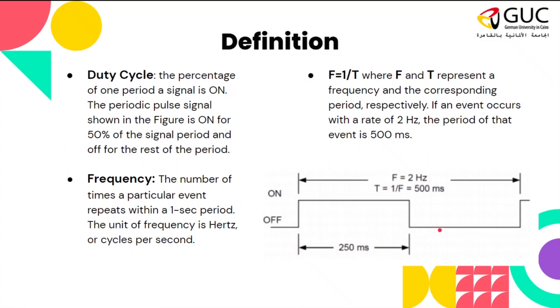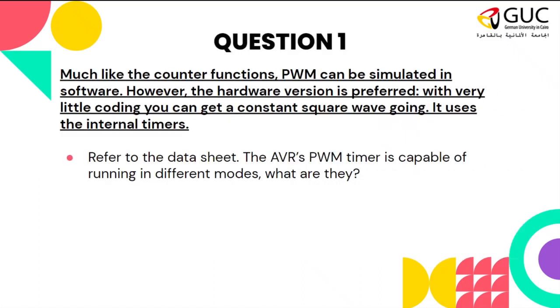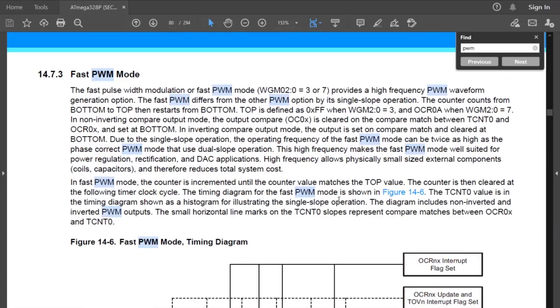Okay, so in the next question we will talk about how the Arduino has options where it can generate this wave with different modes, not just one mode, and you'll understand that next slide. Next question says, refer to the datasheet. The AVR's PWM timer is capable of running in different modes. What are they? Going to the datasheet, we will find that the PWM timer has multiple modes of generating the